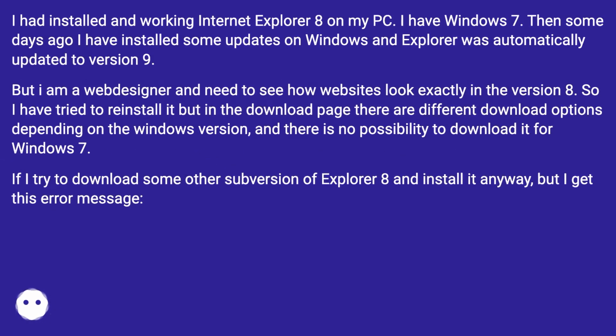How to install Internet Explorer 8 on Windows 7. I had installed and working Internet Explorer 8 on my PC. I have Windows 7. Then some days ago I installed some updates on Windows and Explorer was automatically updated to version 9. But I am a web designer and need to see how websites look exactly in version